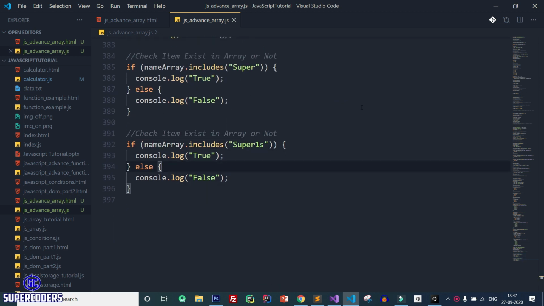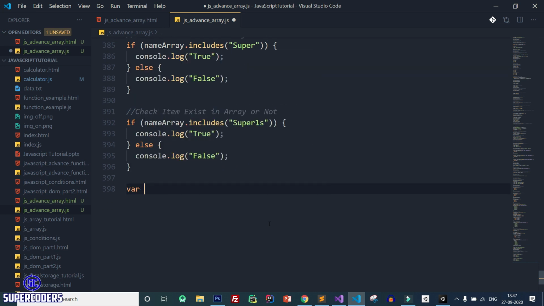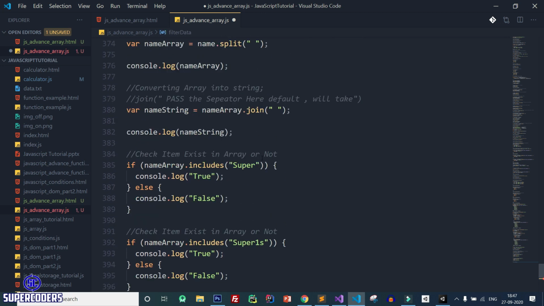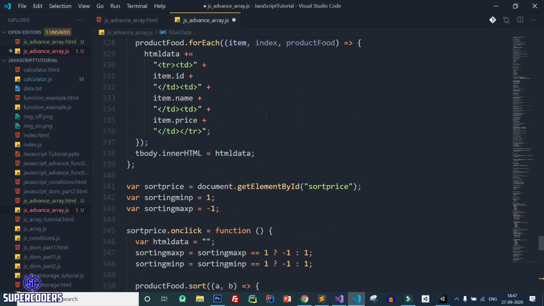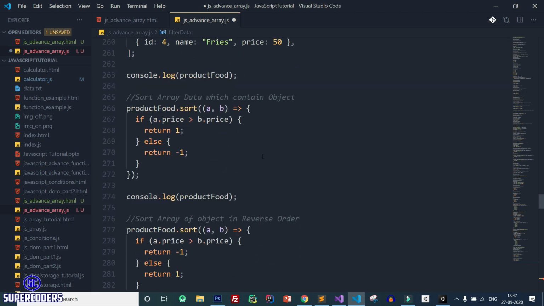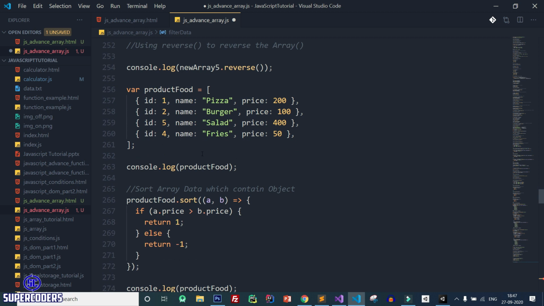After that, now let's see how you can use filter data in array. So let's see, I am creating a filter example. So here filter data equal to, so here I am using this array, same food array. So here I am going to use filter method, like if price is greater than 100, return the data. So let's see how we can access the value of object which price is greater than 100 using filter method.